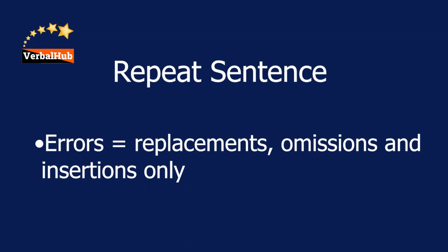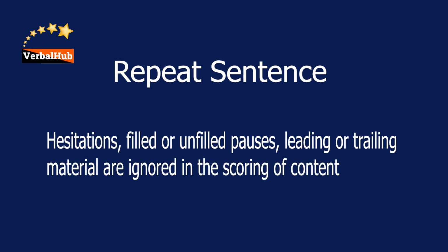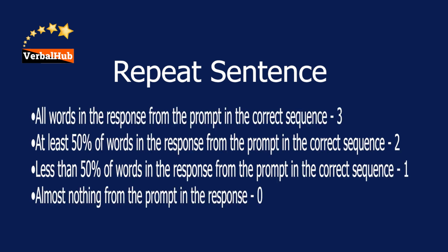So it is quite challenging to recall all the words that you have heard in the sentence. Now, scoring parameter. Any kind of replacement, omissions, or insertions will be considered errors. For example, hesitations, filled or unfilled pauses, leading or trailing material are ignored in the scoring of content. So if all the words are in the response from the prompt in the correct sequence, then you will get